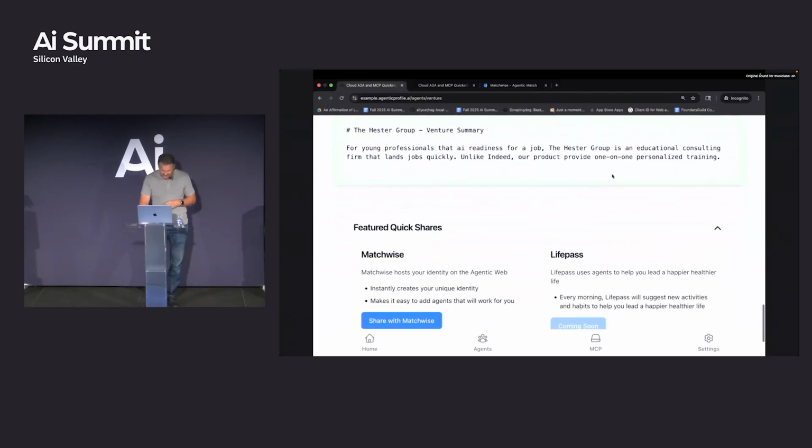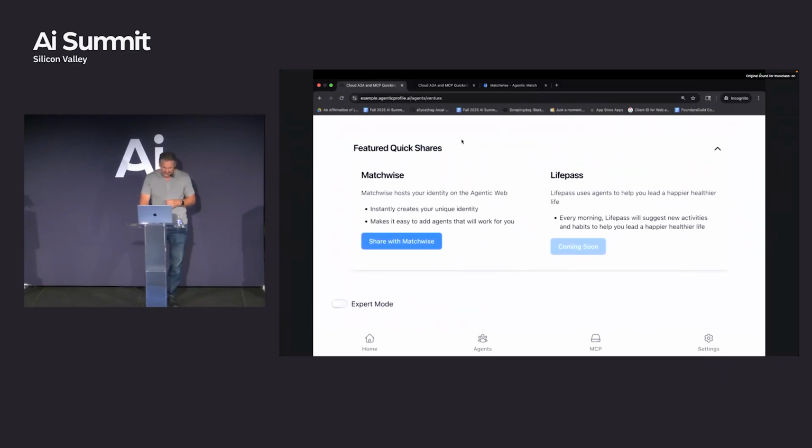The more fun part here is we do quick shares. This is demonstrating integrations with third-party services. LifePath is on the right side, the company working in the UK right now, and then some people get socially involved. It's part of social prescription stuff, which is really fun. And we can share the LifePath that's coming up. With Matchwise, this is kind of fun. We can go here and we can actually literally share with Matchwise right now.